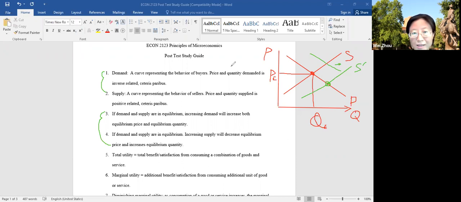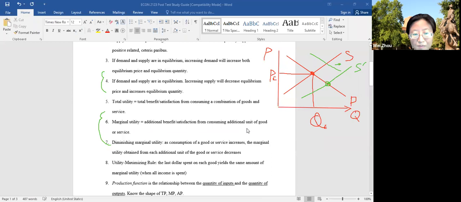So here we discussed total utility and marginal utility. You do need to understand those. So let's take a look. Okay, so total utility, marginal utility, and the utility maximization rule are the things we need